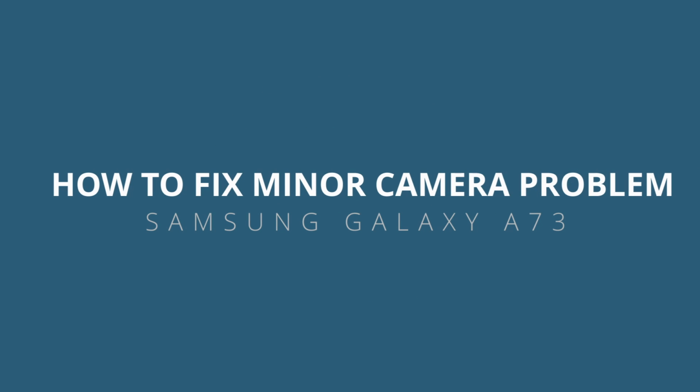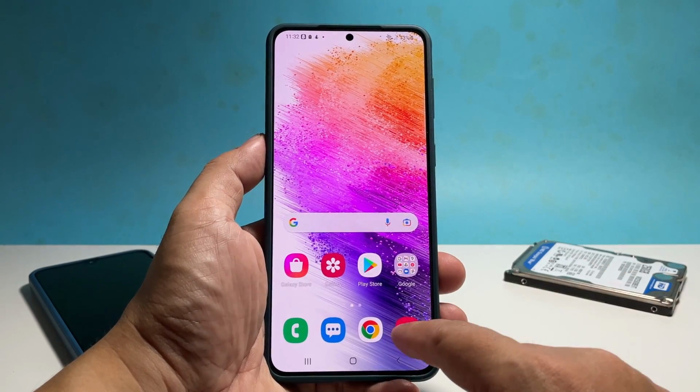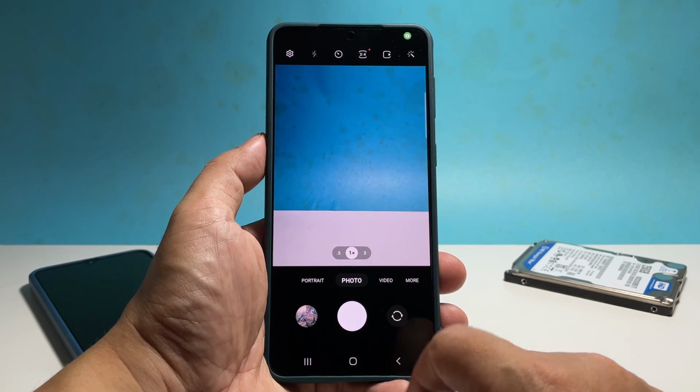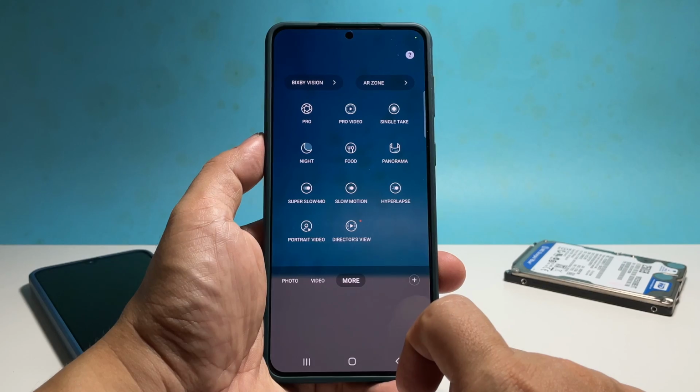In this video, we will show you how to reset the camera settings of your Samsung Galaxy A73. This will fix any problem you might have encountered while using the camera of your phone. There are a couple of methods we want to show you, and the first one is done through the camera